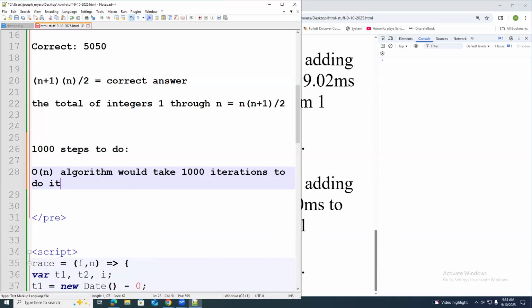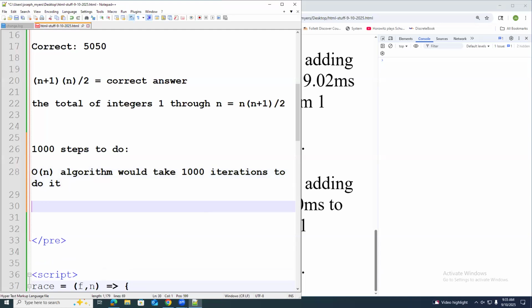Each iteration might have 1 step or 2 steps or 3 steps, but an O(n) algorithm would take the same number of total iterations. It might take 3 steps for each one, but it would take that many loops to go through the same number of steps that it would have to do for the total thing. So if there's 1,000 steps to do, an O(n) algorithm would take 1,000 iterations to do all those steps.